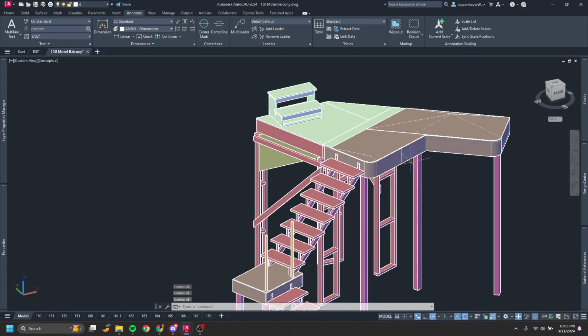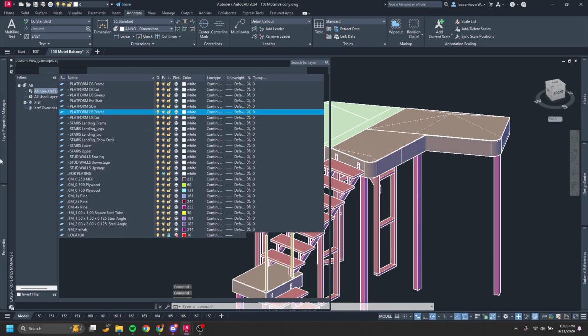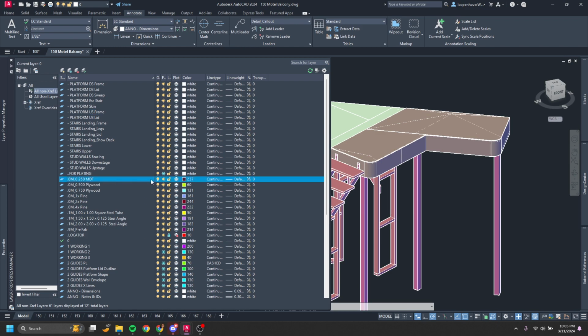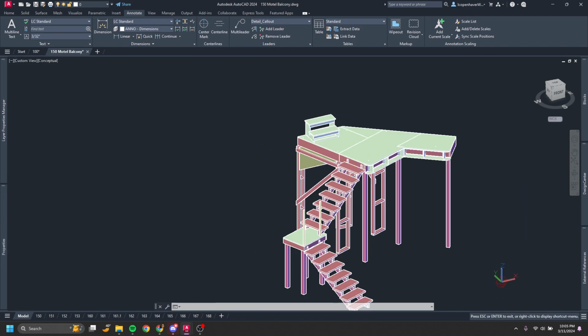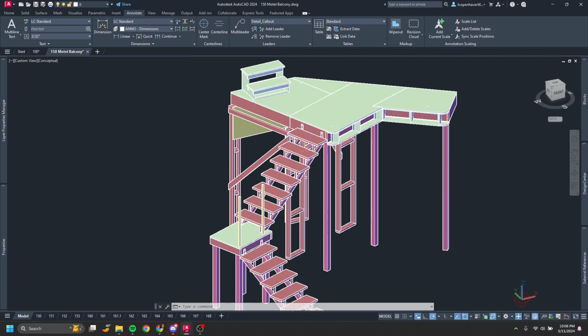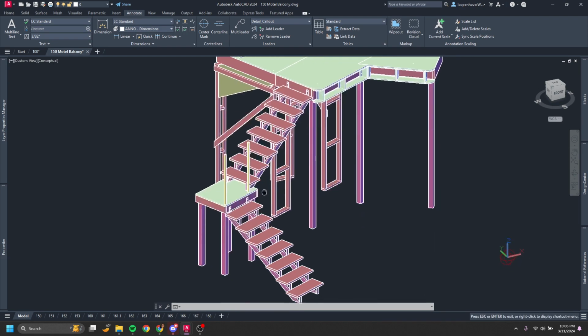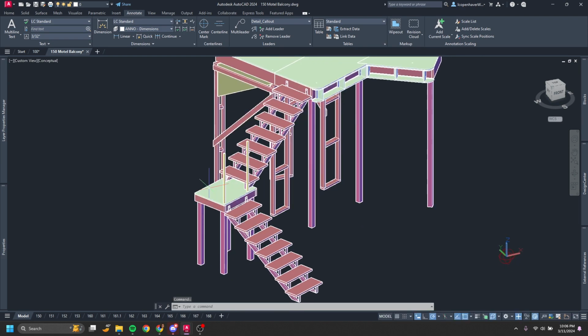So for example, let's say that I don't want to see any of the MDF anymore. I can also go down and say, I don't want to see MDF. And the MDF turns off because there are multiple associations. The block is associated with a layer, and then the materials within the block are associated with a layer. Or the objects within the block, because like I say, materials, they're not really materials. AutoCAD is not that smart. What do we think this is? Inventor? Anyway,